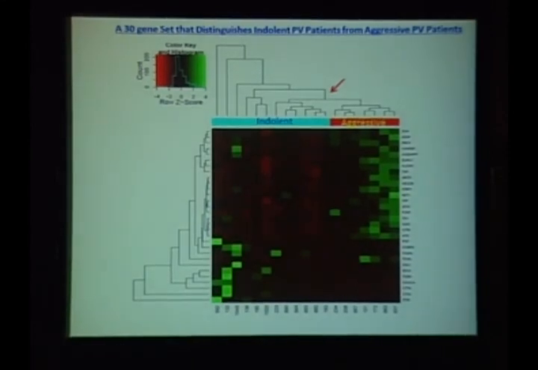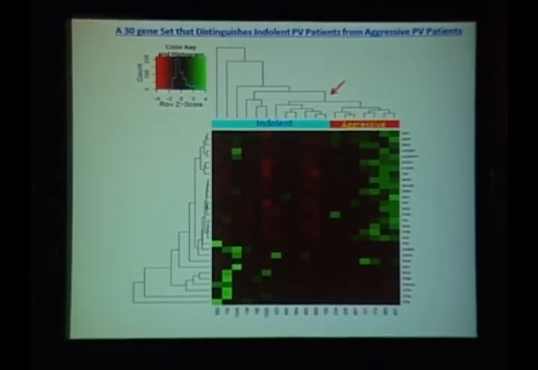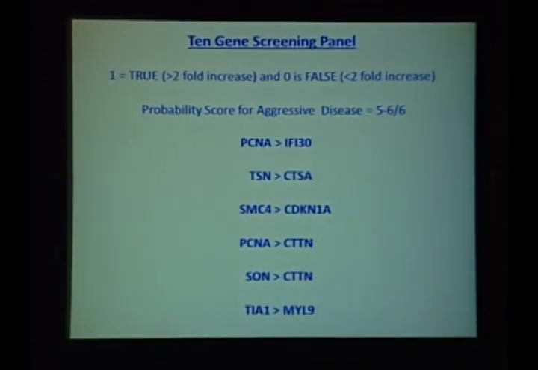So we then said, well, can we narrow down that 102 genes to a small number? So we got down by another mathematical manipulation that we could distinguish these two groups by 30 genes. So now we're getting something workable. And if you keep doing the math, you can get down, let's see if we can get down to 10